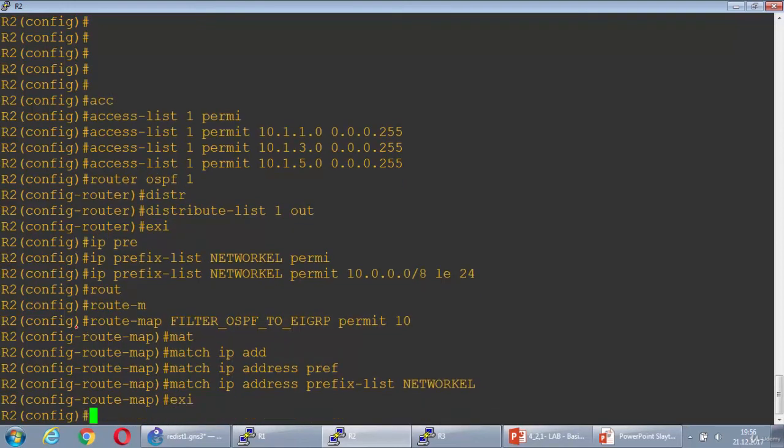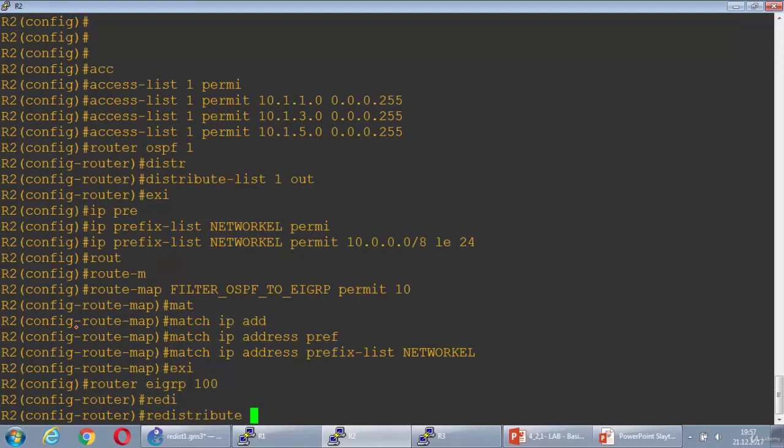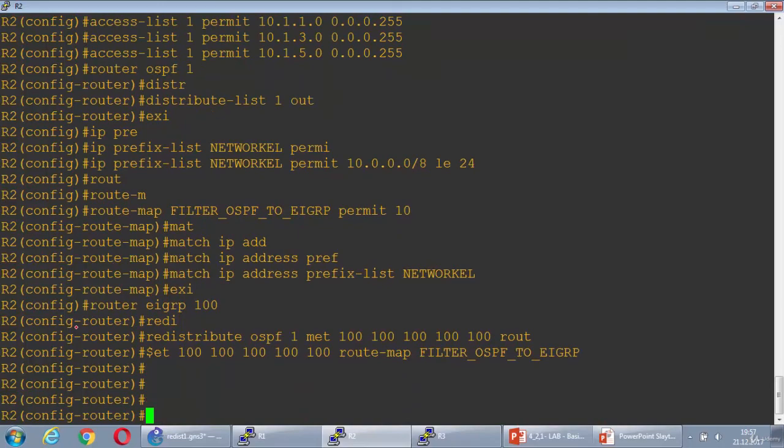Then router eigrp 100, redistribute ospf 1 metric, with this route map, filter OSPF to EIGRP. Alright guys,